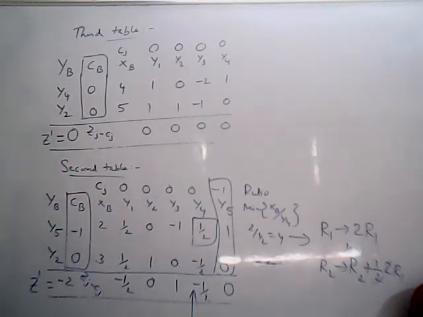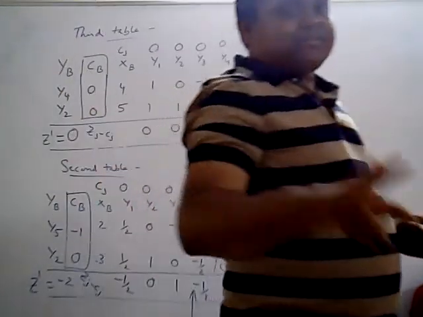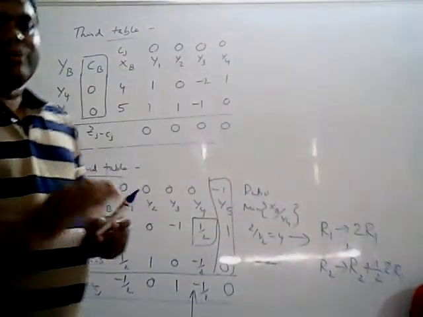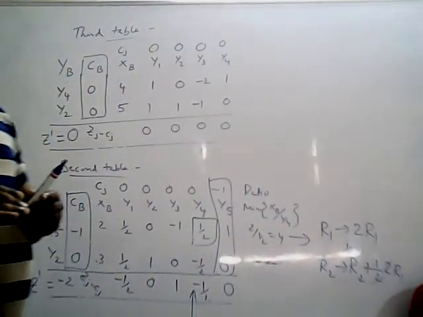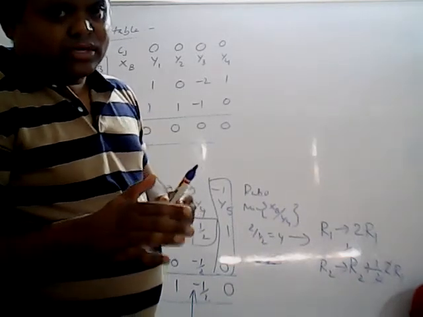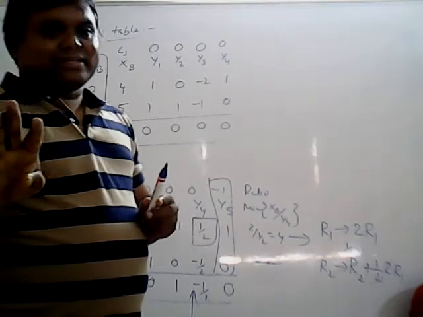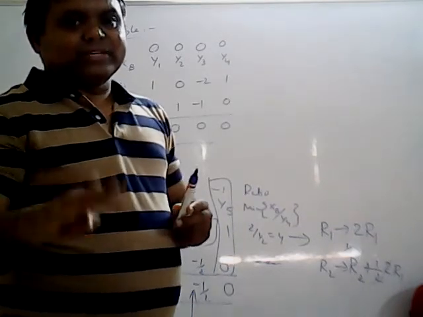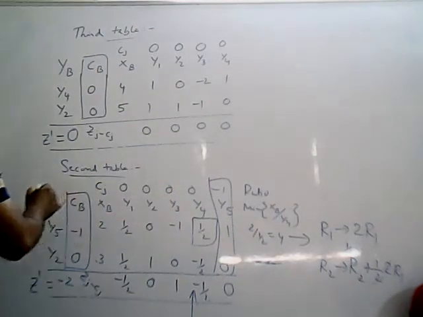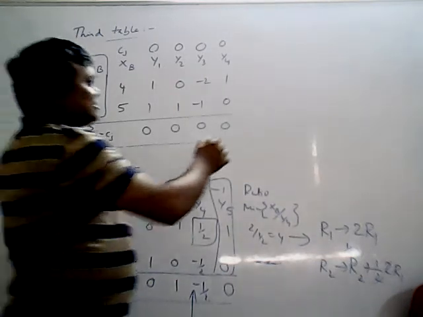Now see. I have already told, two-phase simplex method means how many phases will be there? 2 phases will be there. Now we are in phase 1. After finishing phase 1, when do you have to go to phase 2? So there are 3 cases for moving from phase 1 to phase 2. I will tell you the first case. Listen carefully.